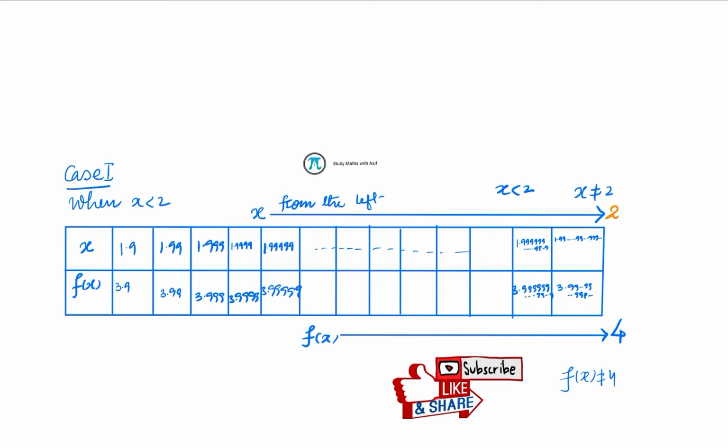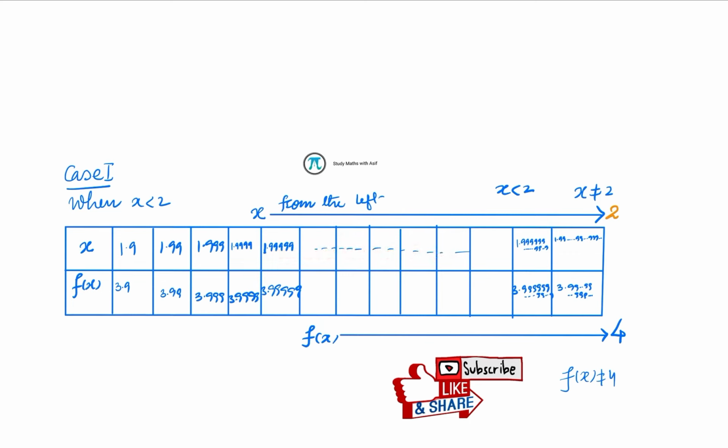So I'm assuming these as 1.9, 1.99, 1.999. See, I'm following this pattern, right? The situation goes on in this way. So 1.99999, with the 9s repeating, and so on, because we cannot write all of them. So you see the number of 9s.